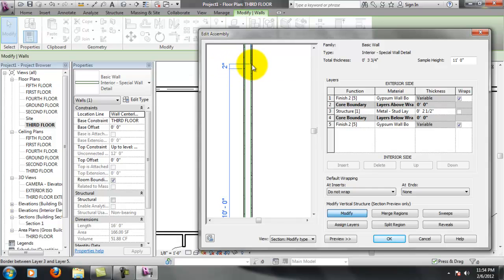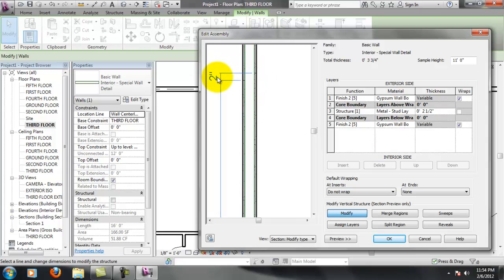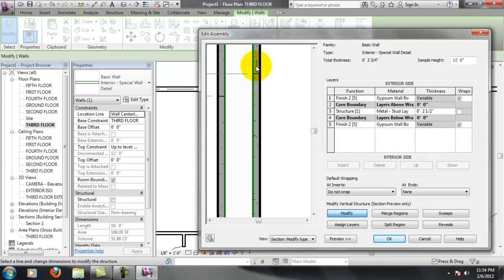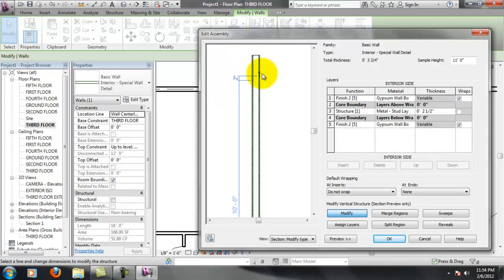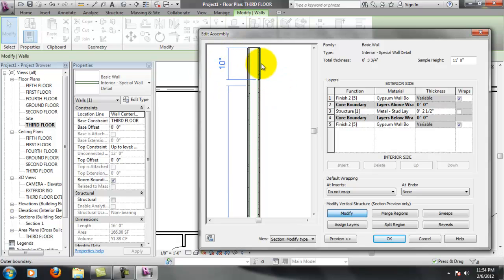Just to warn you, the wall assembly editor is extremely difficult to work with. It is not my favorite thing in the world. I'll just do 12 from here. Actually, you want to make your measurements from the bottom because for whatever reason,